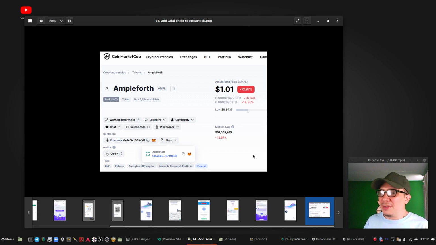Here's the last image, to remember that it is not a good idea to install your MetaMask and try to set up the token manually. This is a mistake you can make. For example, here is CoinMarketCap.